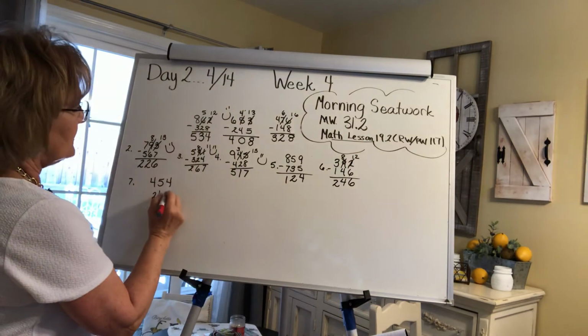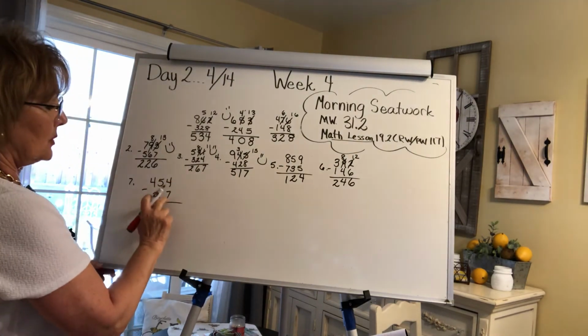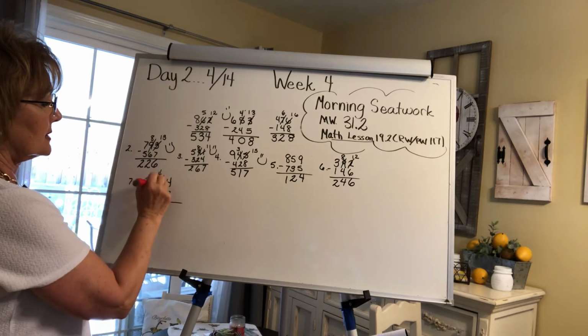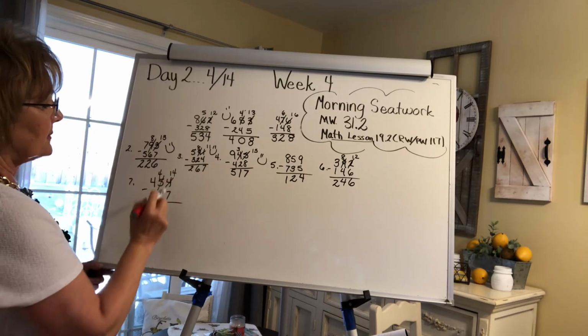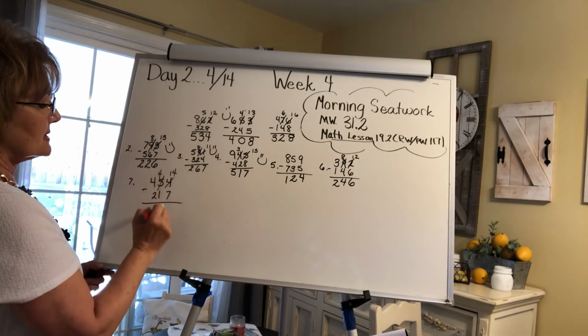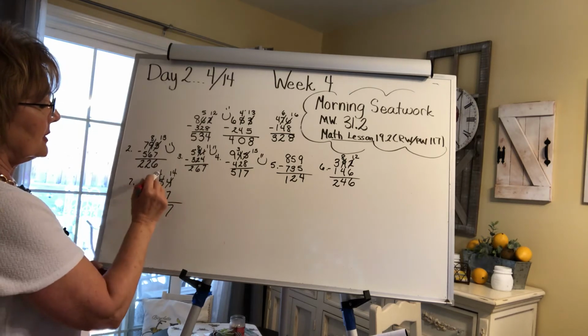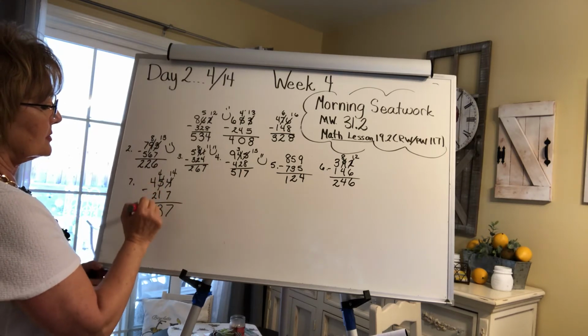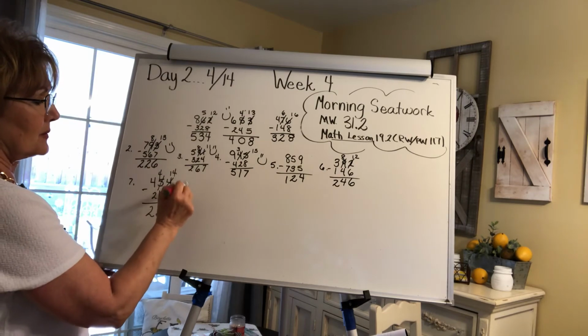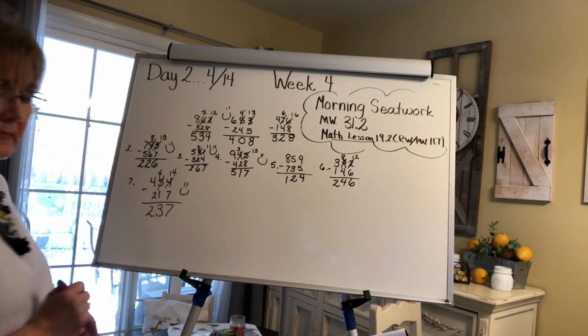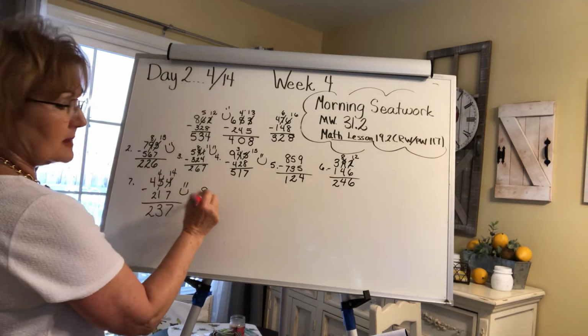Okay, number 7 is 454 and 217. More on the floor. Go next door. You're gonna get tired of hearing that. 14 take away 7. There's a double again. 1 less than 4. 2 plus 2 makes 4. Okay, hopefully you got that. And number 8,